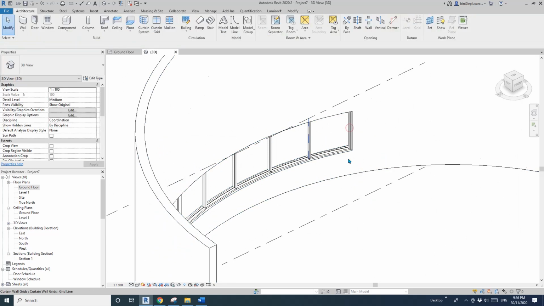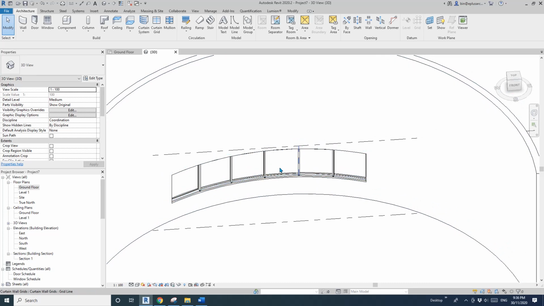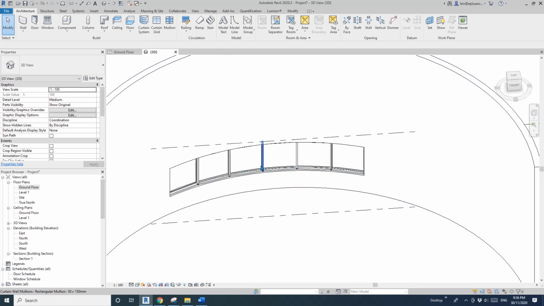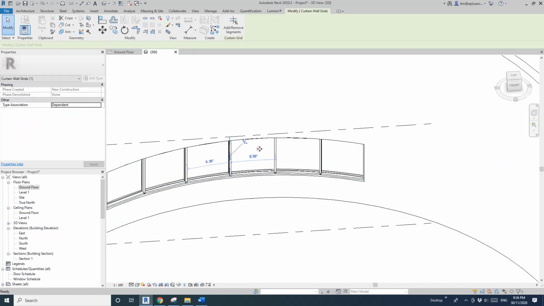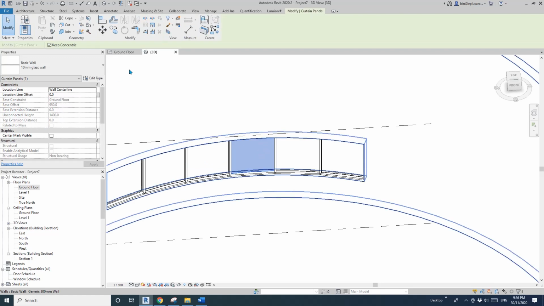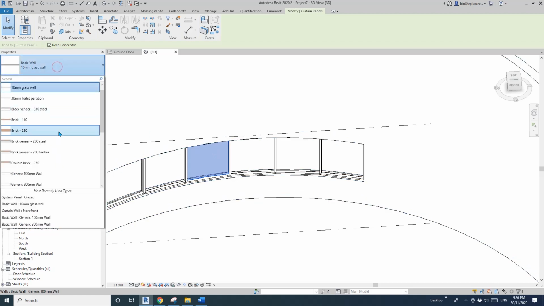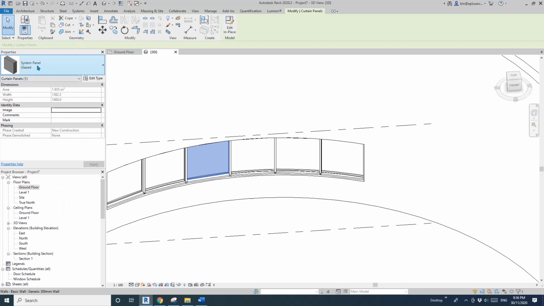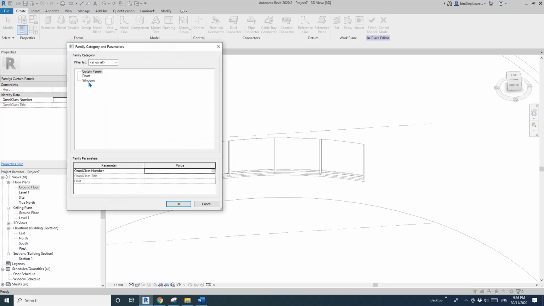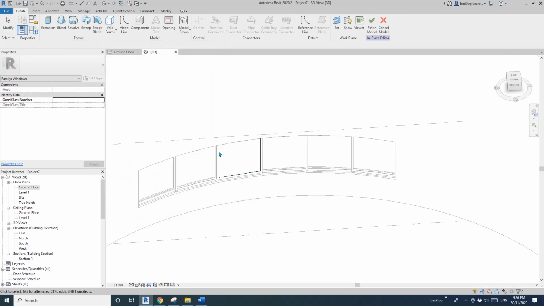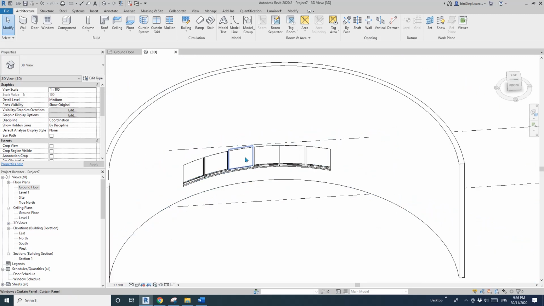So if you only need something like this one, I think this is the best option, because you don't need to model anything. You just need to place a curtain wall, and somehow you can change the panel. For example this one, it's still a glass wall, but that's fine. Change it to system glazed, and then edit in place model, and you can even change this to window type, so this window can go into the window schedule. Okay, so this is the